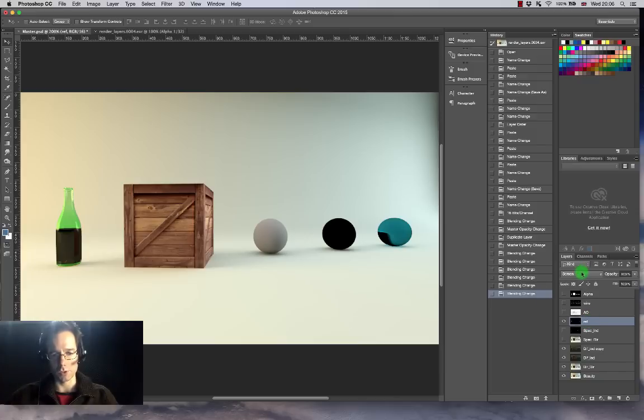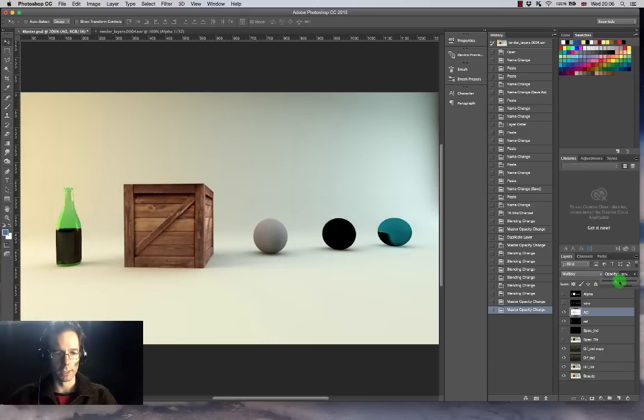So I'm using just a screen here, just so that I can see the bottom of this bottle and the bottom of the glass as well alongside these guys here. Now if I turn on my ambient occlusion, I'm just going to turn that on and off, you're going to notice that the shadows in this area get a lot more pronounced, per se. Again, I can play around very finely with how transparent my ambient occlusion layer is,